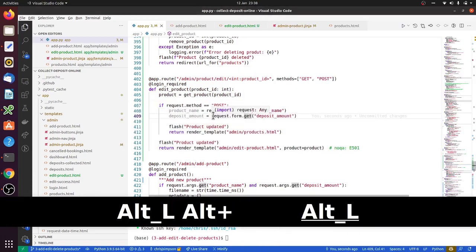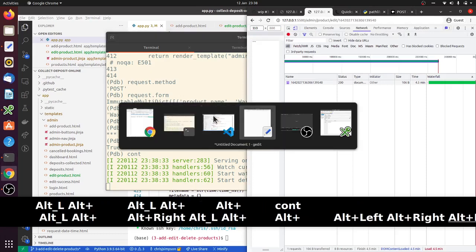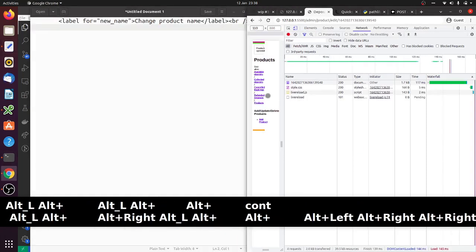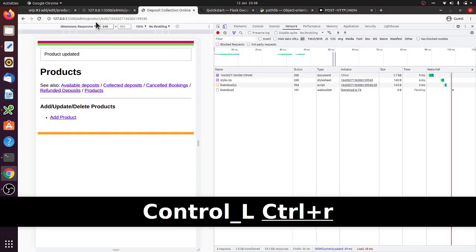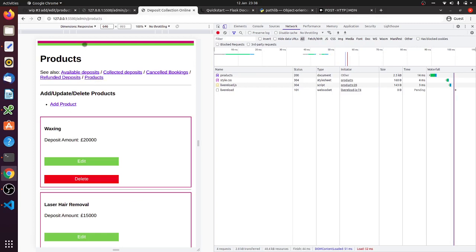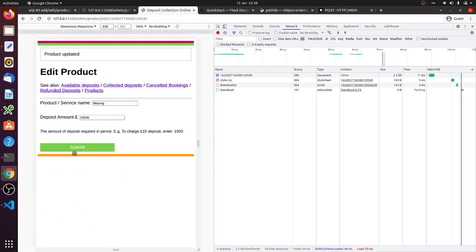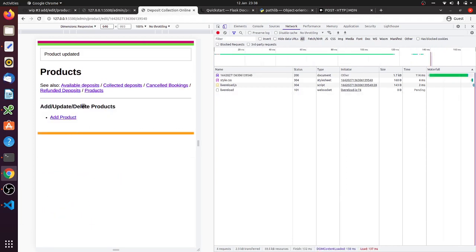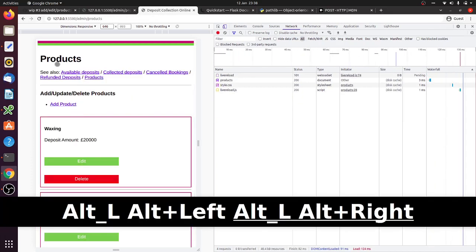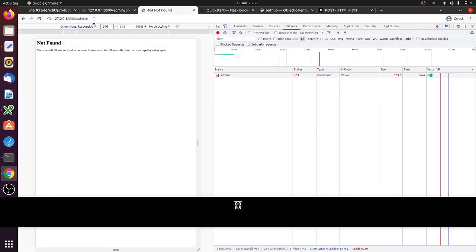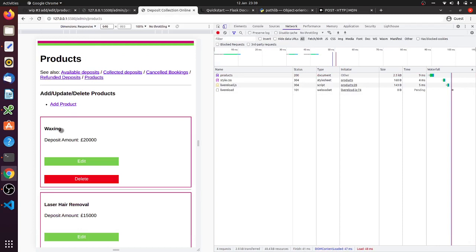Okay, oh, we've still got the breakpoint. Let's continue that. There we go. And we want to do that refresh one more time. And as expected, we get that message, product updated, and it's taken us back to the dashboard. So we're going to go to the products. That's really where I'd prefer to go, not to the home page actually. I'm a bit confused because it's got the same heading. So the admin dashboard has it, I think. No, that's fine. Products goes to this view,